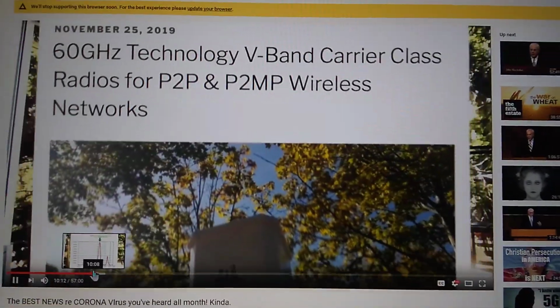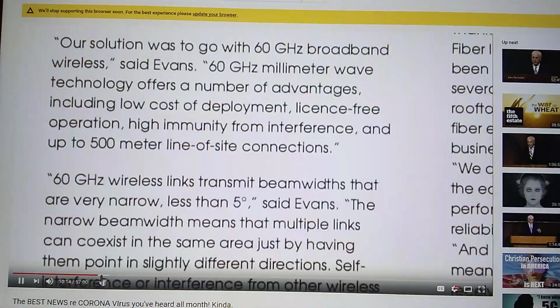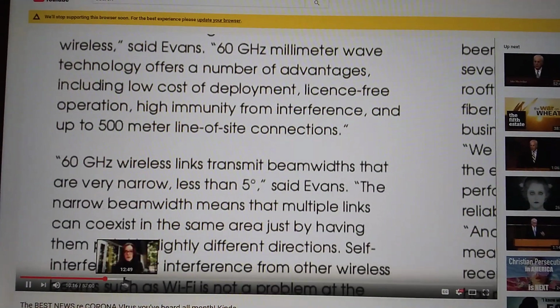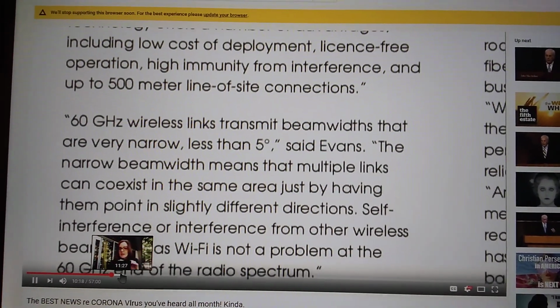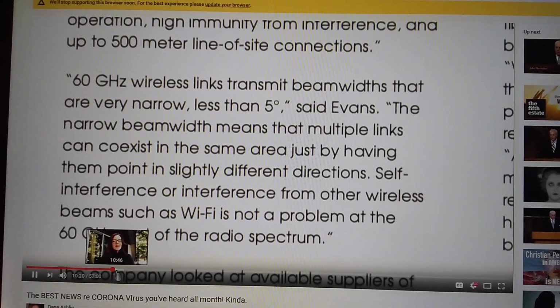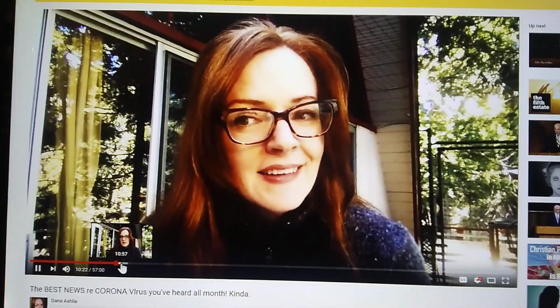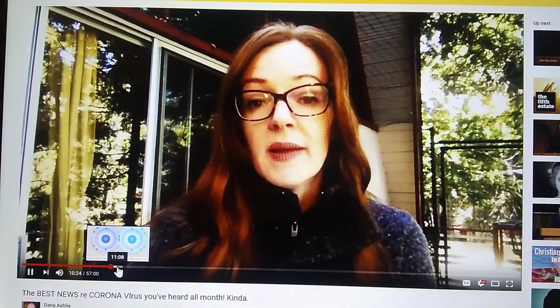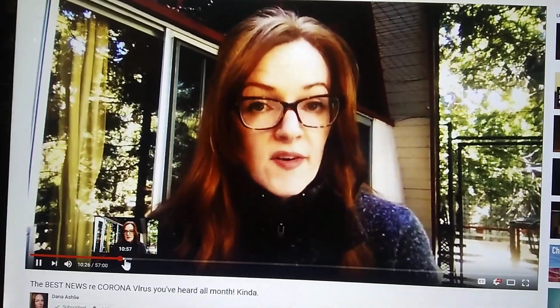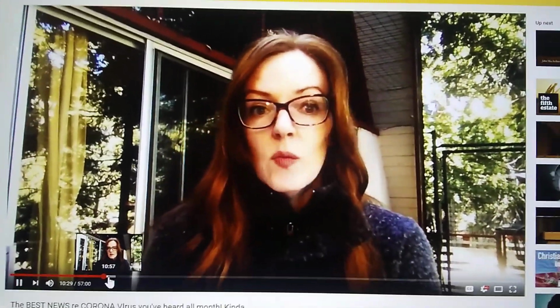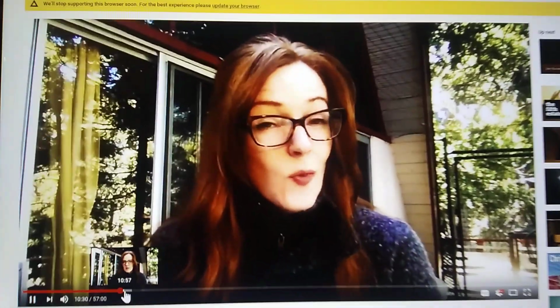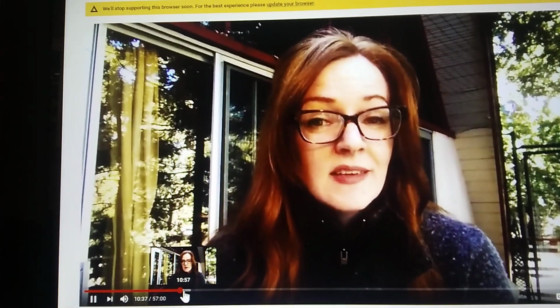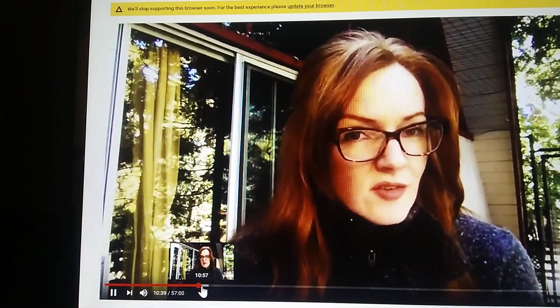Now in this article by the companies selling products that are going to run on 60 gig, they say that it's going to help its interference levels. Oh, isn't that nice? They don't want your first shooter video games to lag. And most of us know from mainstream releases promoting 5G that things like water and trees are going to get in the way of this frequency. So how in the world does this even make sense that we are using it? Unless their intentions are something else besides faster speeds.